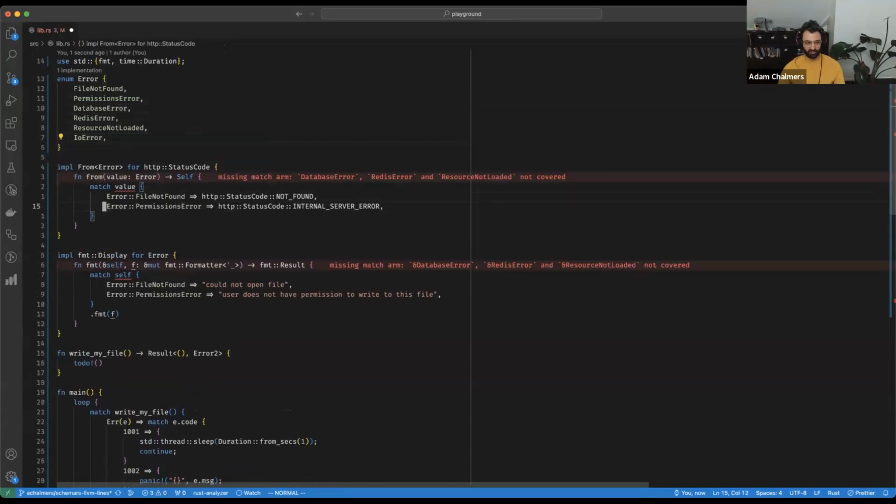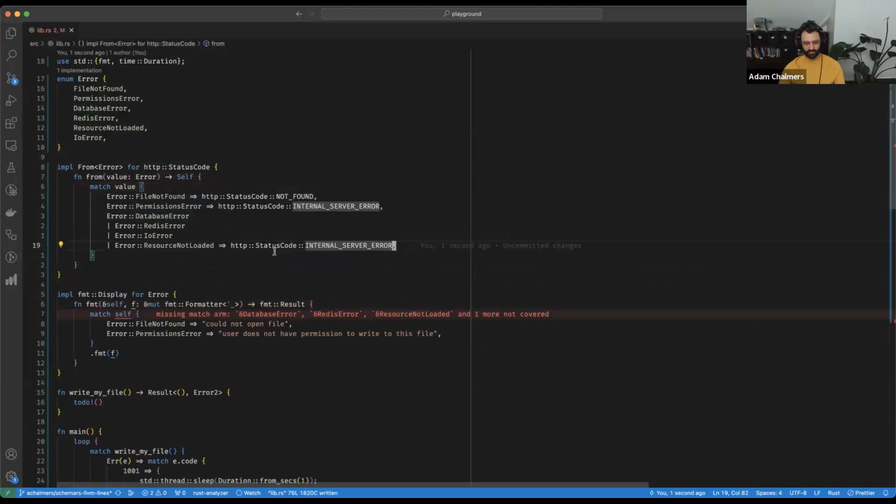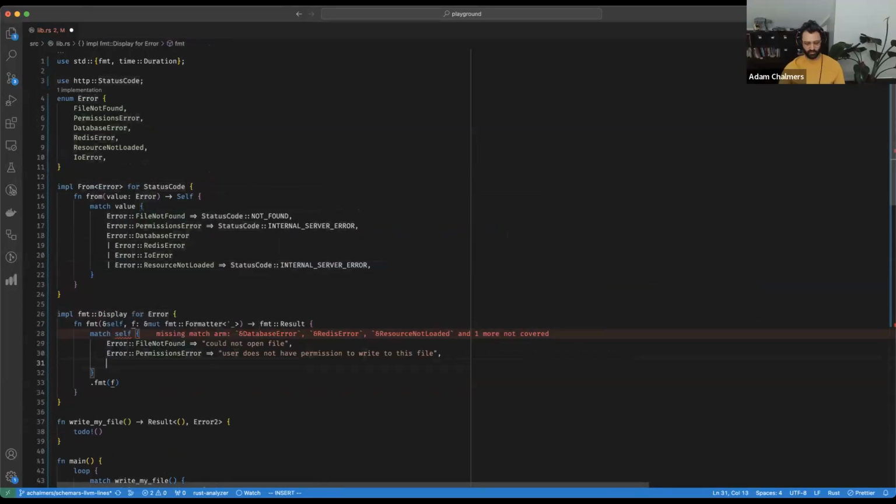We want to log them all separately so we can get nice histograms in our monitoring framework of all these different errors. But from the user's perspective, firstly, we don't want to tell them about any of that stuff. The user should not be able to know if they caused the database error or a Redis error or something else, because it's kind of a security problem. If they've managed to mess up our system, they should not know what they've done. We should give them as little information as possible. So these will all be internal server errors from the user's perspective. And then for all the remaining ones, we can just say